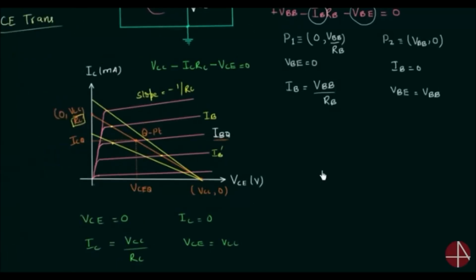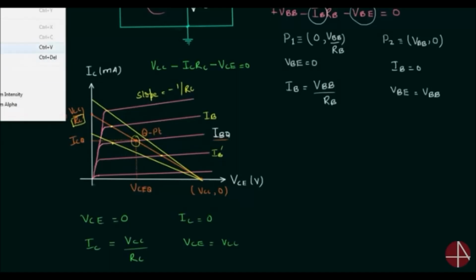Setting of proper operating point is basic thing for amplification of weak signals. I will explain why setting of operating point is very important. In this case, you can see the operating point is almost in the middle of the load line, and this is important because if operating point is near to the saturation region or to the cutoff region, we will not have the distortionless output signal. Let's try to understand this thing in detail.